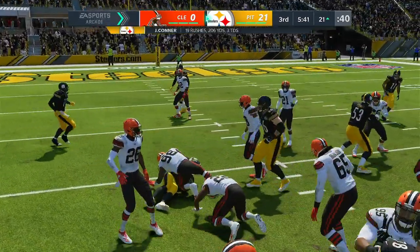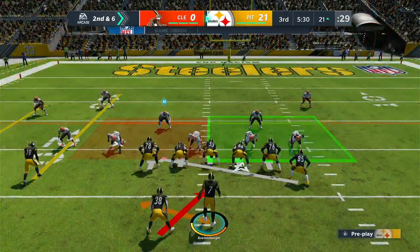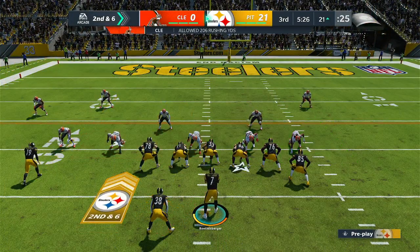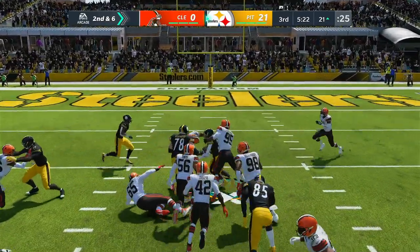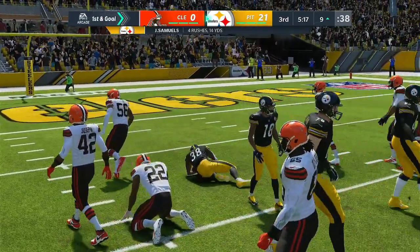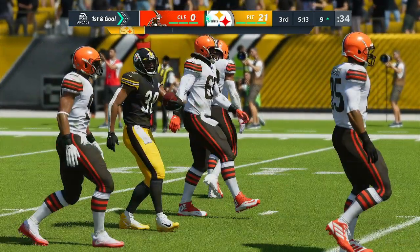They'll be brought down at the 21 after a pickup of 4. Typically, we think it's the strong safeties that are better tacklers, especially closer to the line of scrimmage amidst traffic. But in this case, how about the free safety coming up and making the big-time play? And he gets it inside the 10 to the 9. Well, you certainly have to give a little credit here because